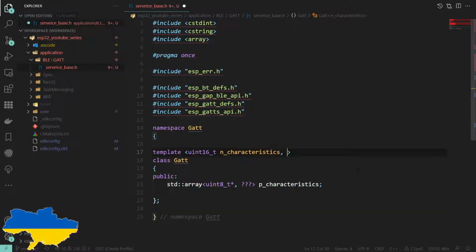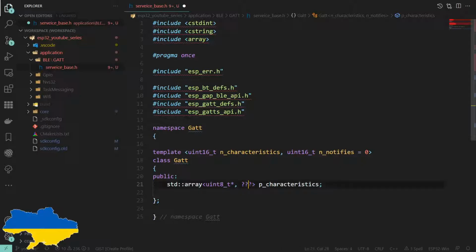So we actually need a second bit of information here, and let's just make it a uint16 again for the number of notifies. We may not use this, so if that's the case we can default this value to 0. And as I said before, we need 2 rows in an array, as by the documentation that Espressif give us, per characteristic, or 3 rows in the array for a notification.